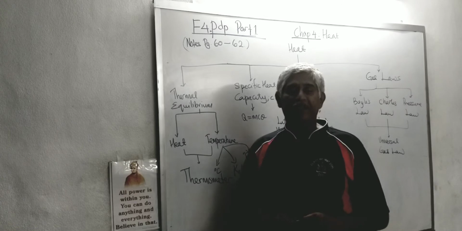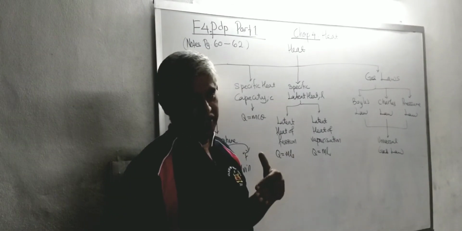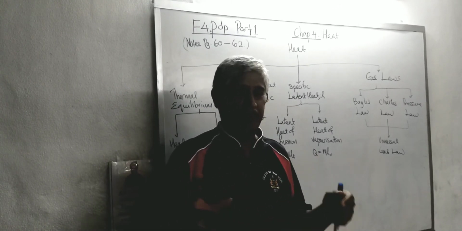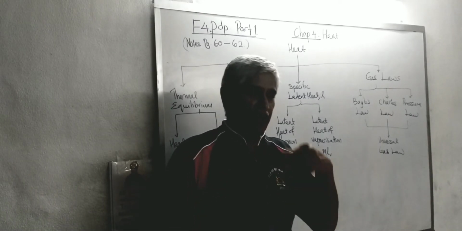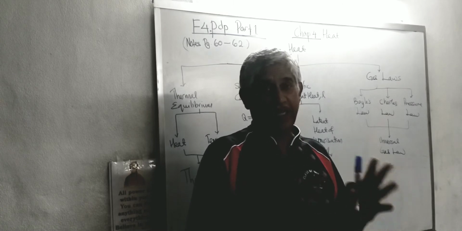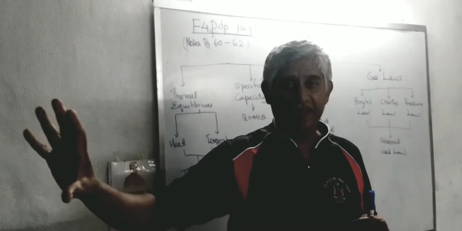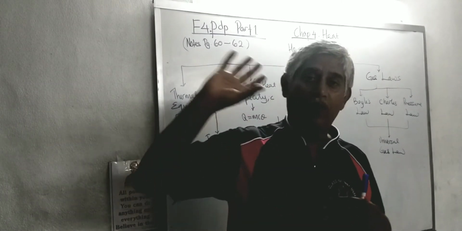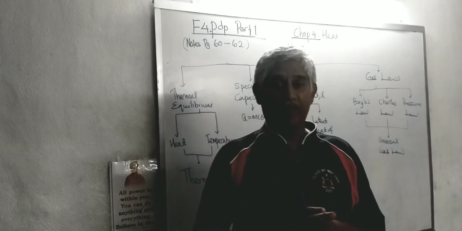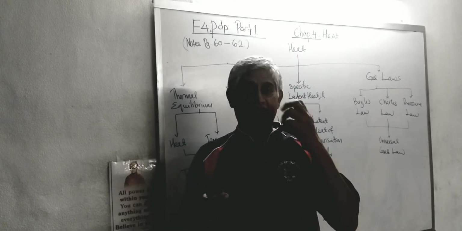Whereas heat is a form of energy which flows from higher temperature to lower temperature. That means heat doesn't stay in one place. It is a form of energy which is always on the move. Any object, for that matter, contains heat. Our body contains heat. If I touch anything, either heat from my body will go to that object, or heat from that object comes to my body. It all depends on the degree of hotness, the temperature. So therefore, heat is a form of energy.